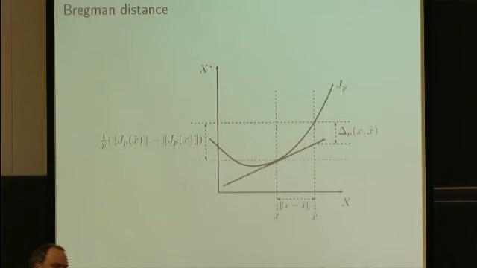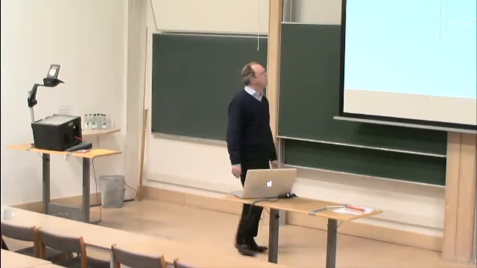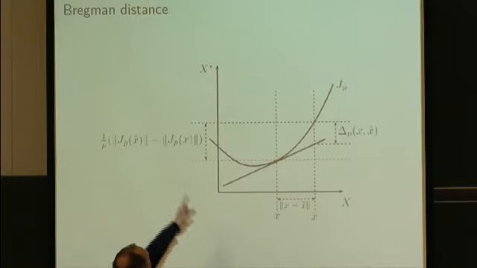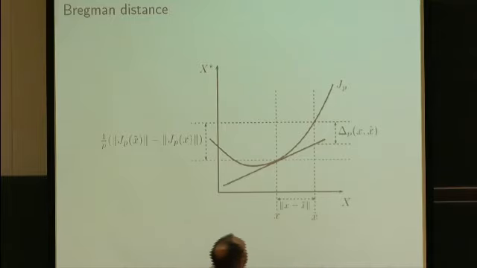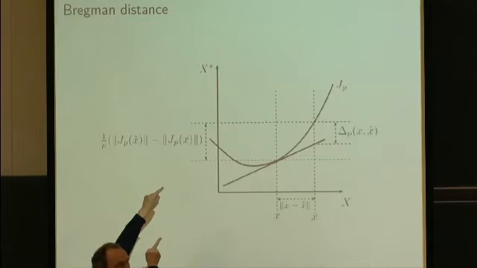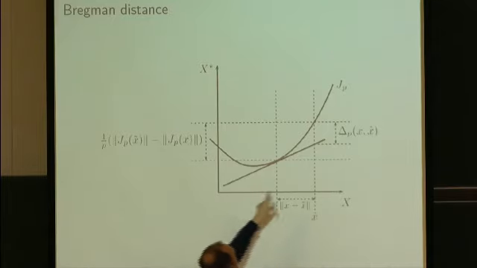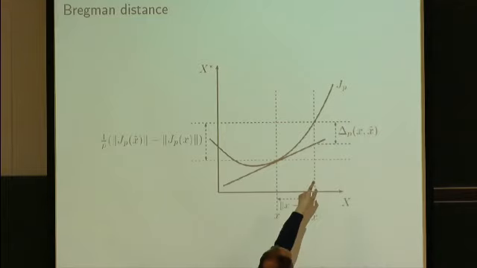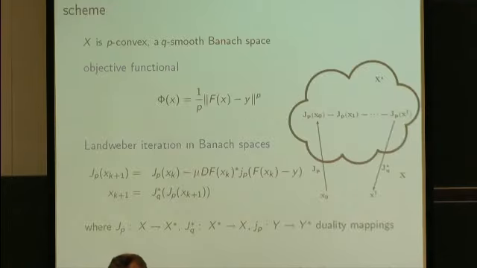So just a picture, if you have never seen the Bregman distance, this is a cartoon of how it works. You have a Banach space X, and the dual X star. Think of the duality mapping as this graph. Then this is the Banach space norm in X, and over there is the Banach space norm in the dual. What the Bregman distance does is measure the distance across from the tangent. So this is how we measure the distance, and that is how the Bregman iteration should be thought of.